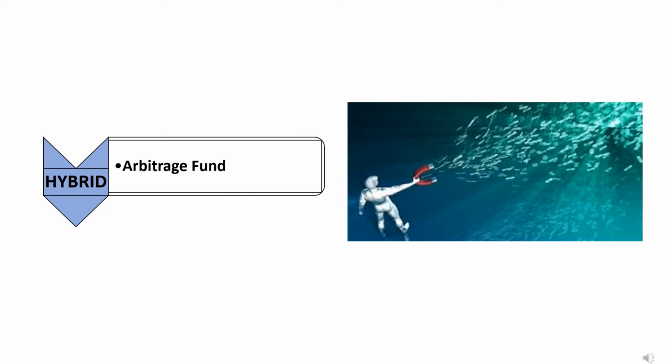In the last classification of hybrid fund, we have arbitrage funds, wherein the fund manager tries to maximize return by buying the stock at a lower price in one market. He then sells it at a higher price in another market. However, arbitrage opportunities are not always available quickly. In the absence of arbitrage opportunity, these funds might stick to debt funds or cash. By design, arbitrage funds are relatively safer, like most debt funds, but their long-term capital gains are taxable like those